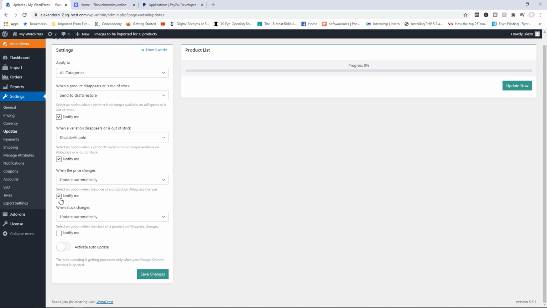Let's receive notifications. Again, when stock changes, just update automatically. And then you can also notify me as well. And I'll just choose the